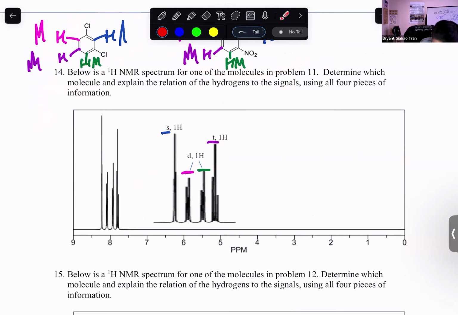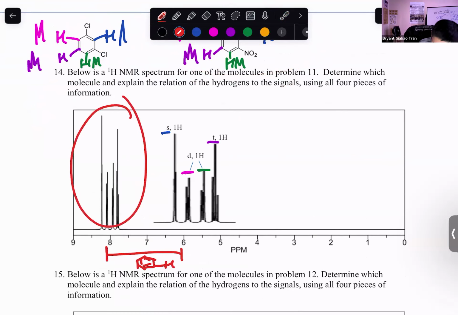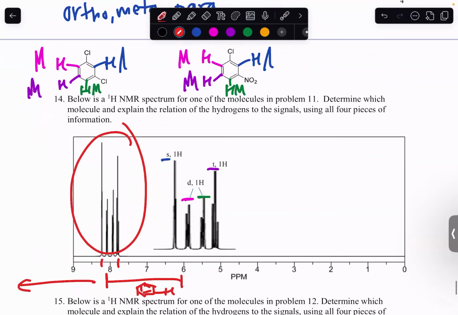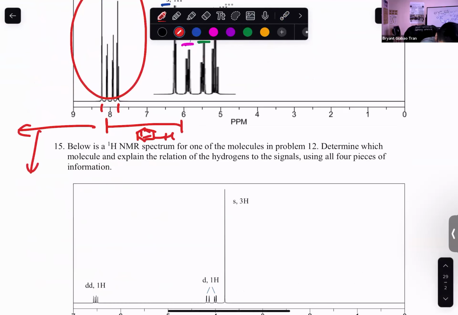Benzene hydrogens are usually between 6 to 8, right? Those are usually the benzene hydrogens. But notice how these peaks here are more de-shielded, more to the left side. It's around 7.5 to 8.5-ish. And if it's more de-shielded, that means that it is closer to or attached to